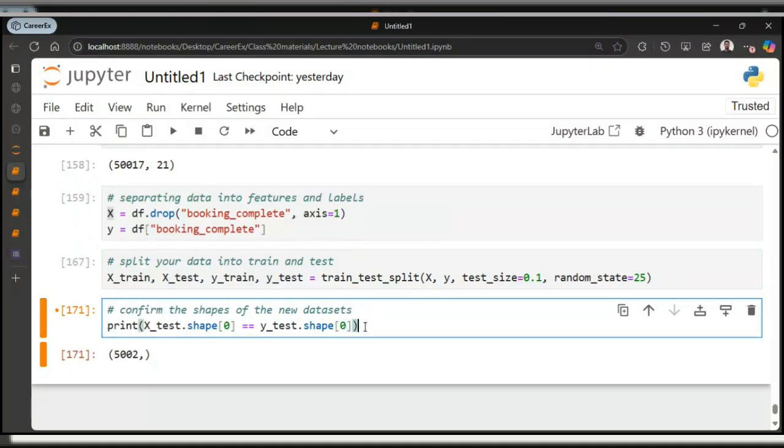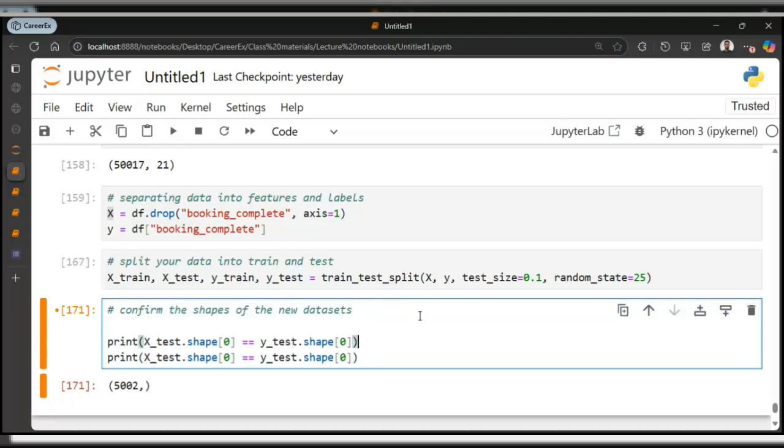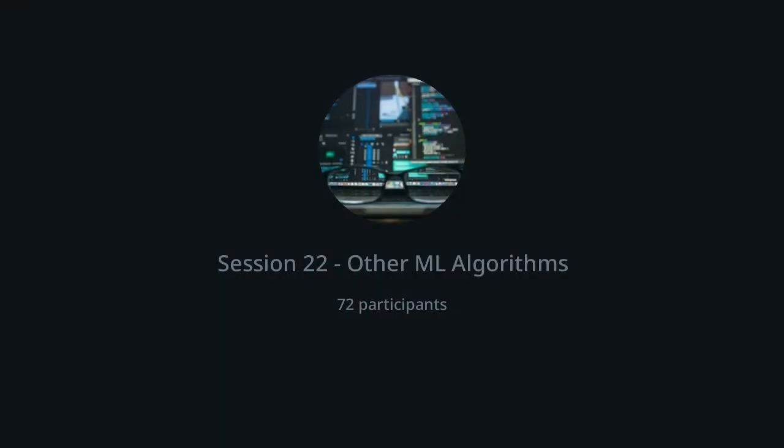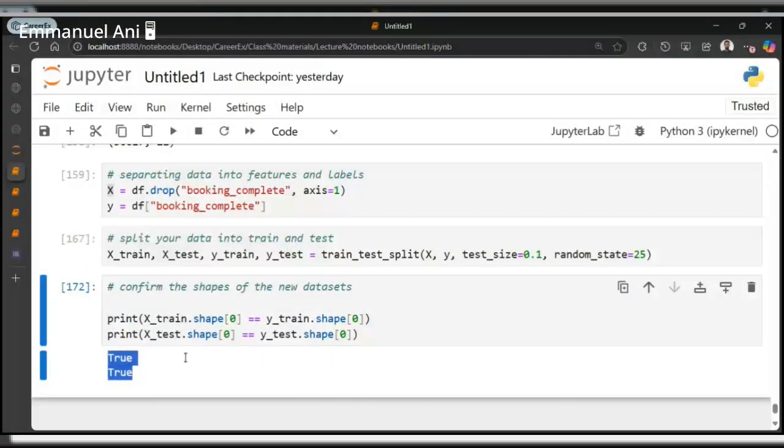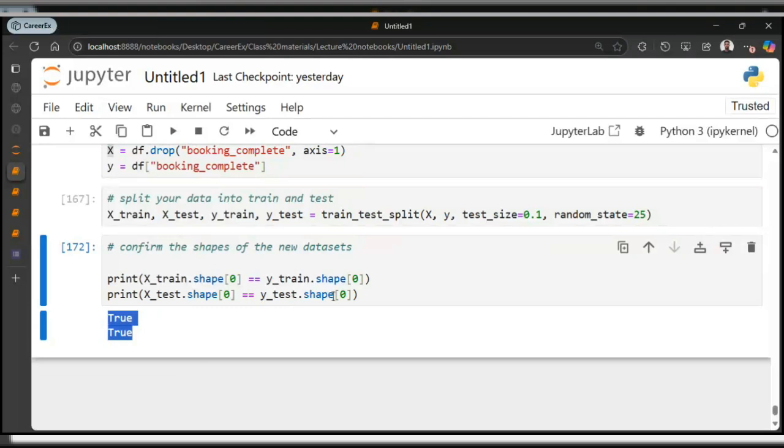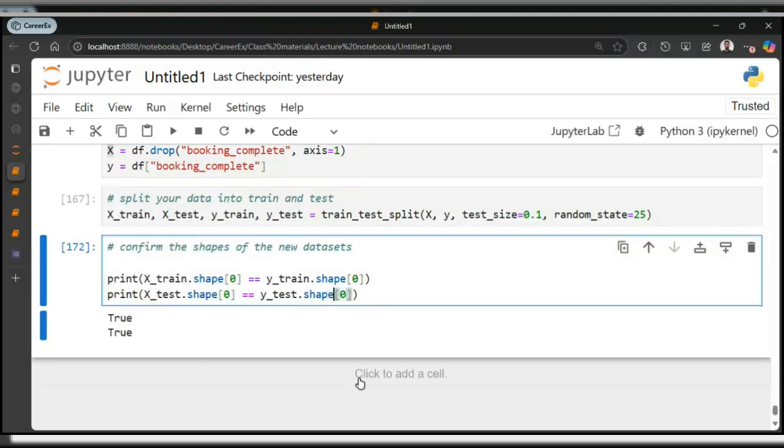We're just going to copy this and do it for train. You should get True for both of them. Once you get True, that means they have the same shape, so you can move ahead.